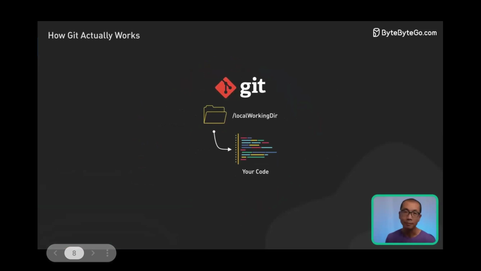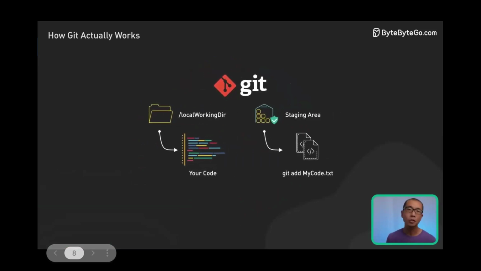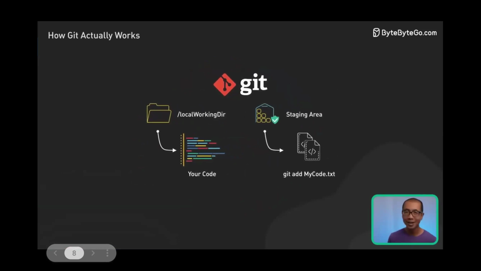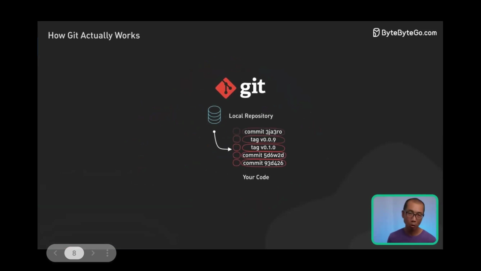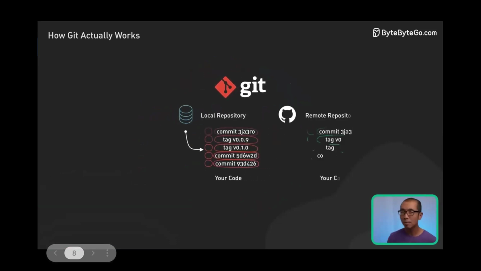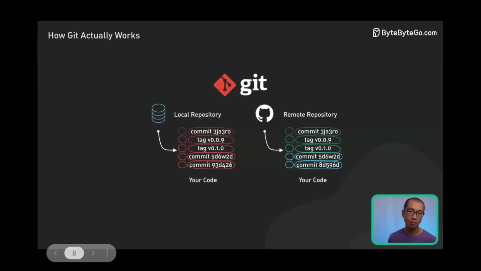This is our playground. The staging area is a temporary holding spot for changes before committing. The local repository. This is where we store committed changes locally. The remote repository, a server like GitHub for sharing and backing up code. Now, with these locations in mind, let's visualize where our code travels throughout its journey.